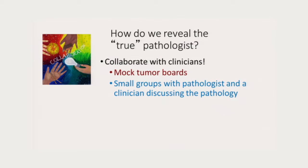We need to do small groups where you have a pathologist and a clinician discussing the pathology, and have them see how many times the clinician actually needs to turn to the pathologist for something. So say you have a patient with alcoholic liver disease. Think of how many biopsies, if they go on to a transplant, how many lab tests, how many the explant. Let them see how many times the clinician actually has to depend upon the pathologist for what to do next,